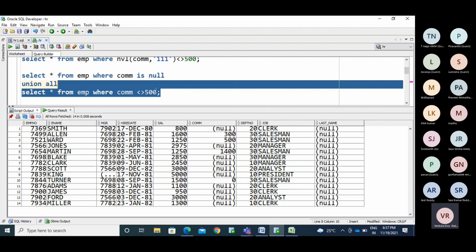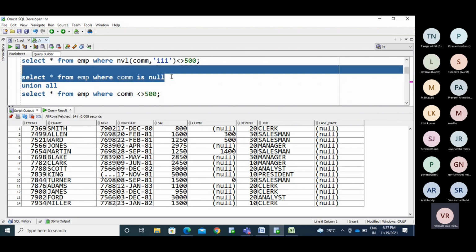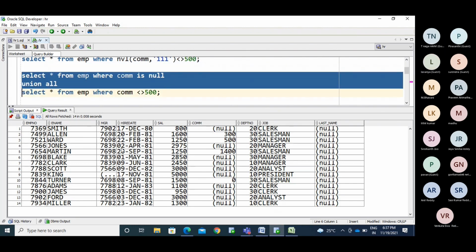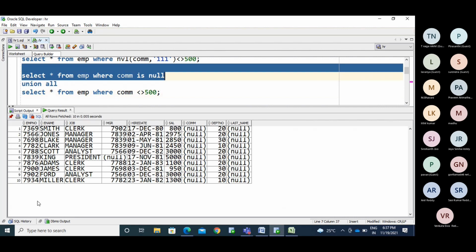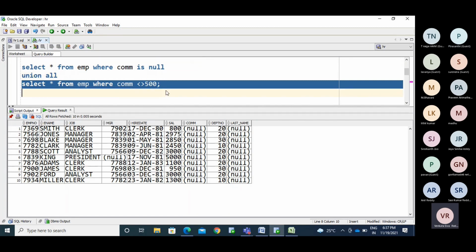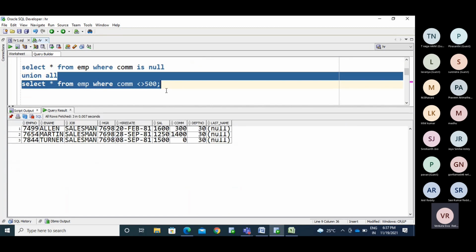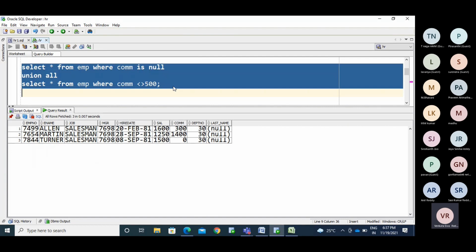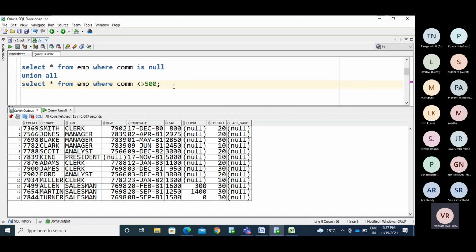How many null values do we have here? 10. So we have the remaining 4 records, and you are excluding 1 record here. If I use union or union all, you will get the same output.